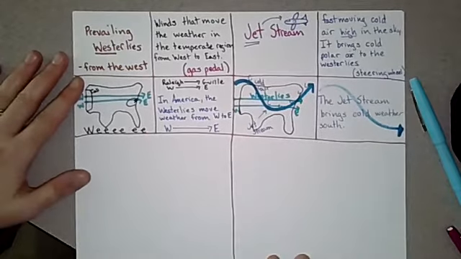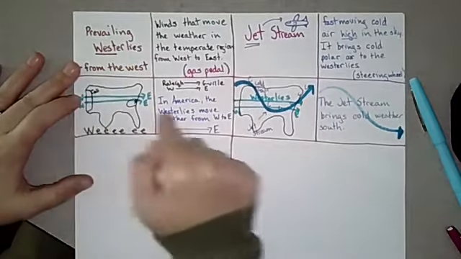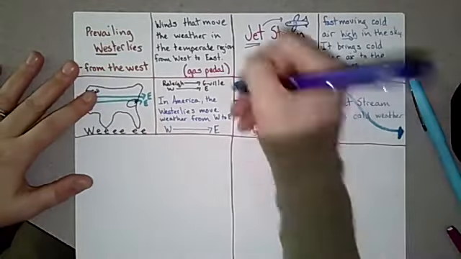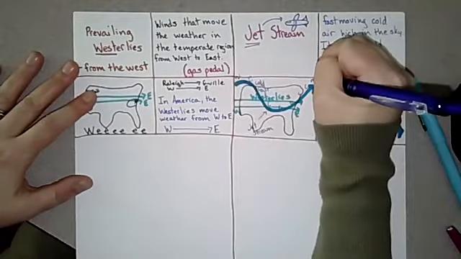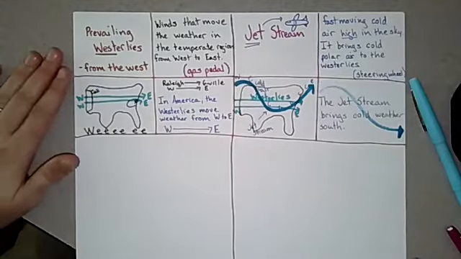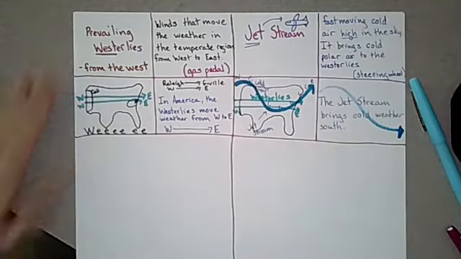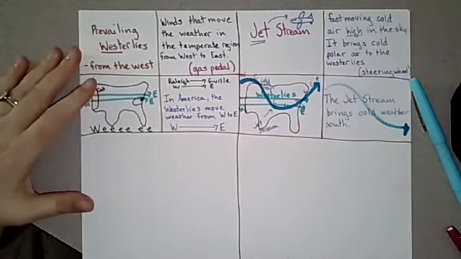All right. So we got the westerlies moving it from west to east. Notice how both of them go from the west to the east. Okay. No, ain't nobody going the other direction. They're both going west to east. All right. Now, our next type of